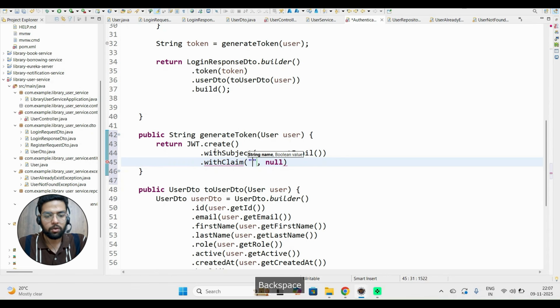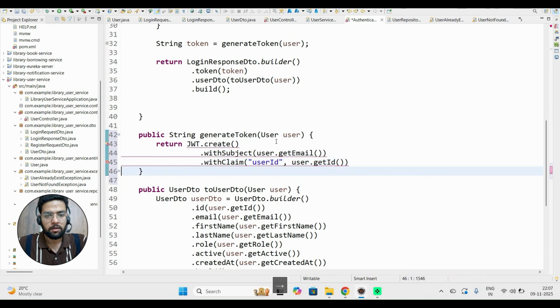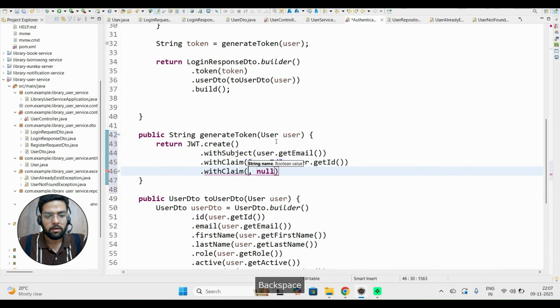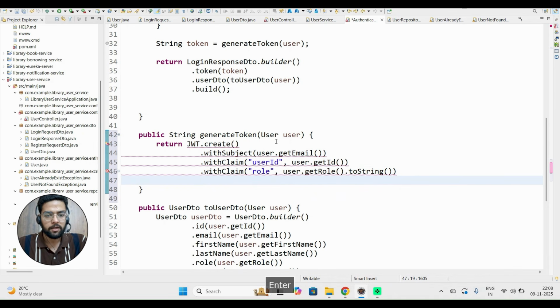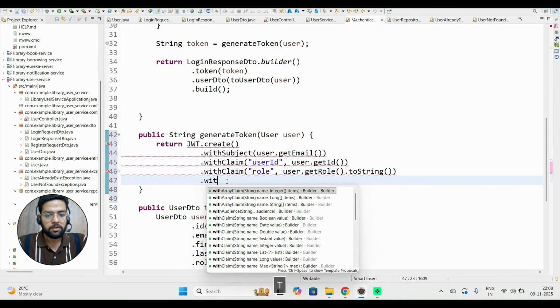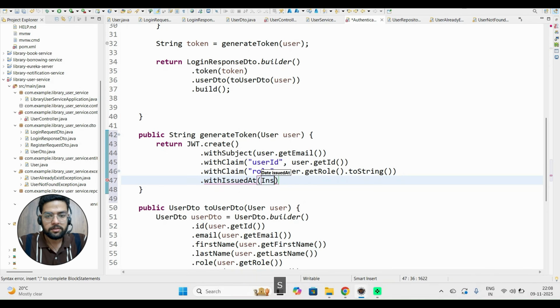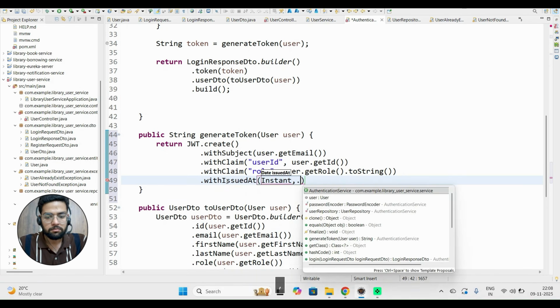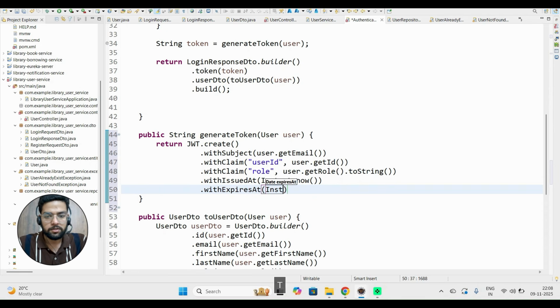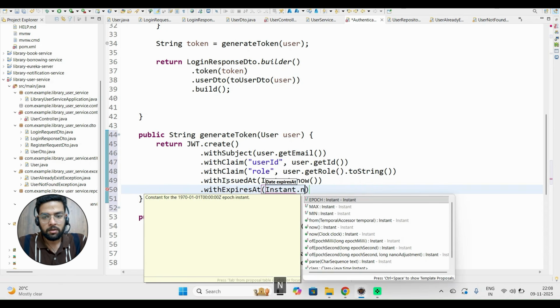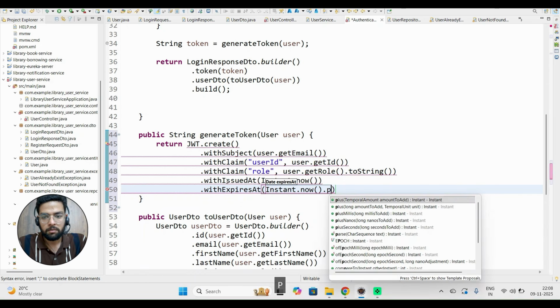Role and user ID. So user ID, user dot getId, withClaim role, so user dot getRole dot toString. Okay, fine. Then dot withIssuedAt, so Instant dot now, withExpiresAt, so Instant dot now dot plus